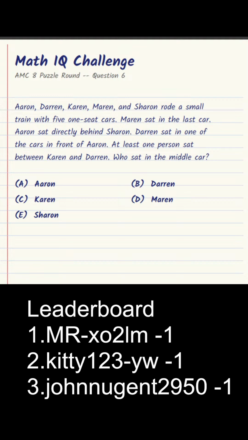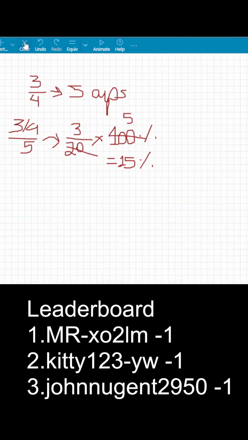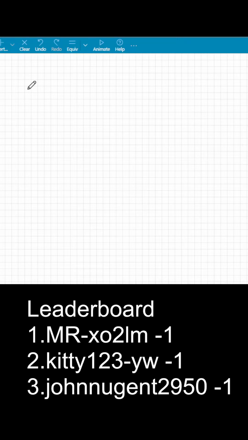Okay, let us solve the problem and then we'll see which one is correct. So let us represent all of their cards using the initial letters of their name. So we have Aaron, A, and then we have Darren, D, and then Karen, which is K, and then we have Marin, which is M, and Sharon, which is S. So we have 5 cars and we have 5 slots, so they are all arranged in a linear order. So suppose we have these 5 slots,